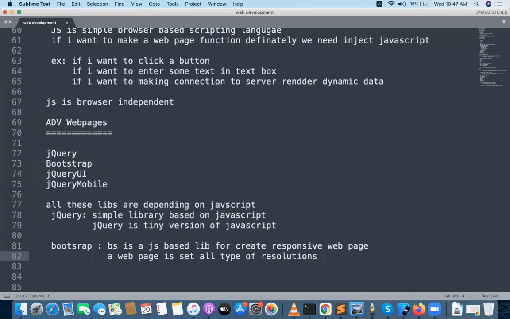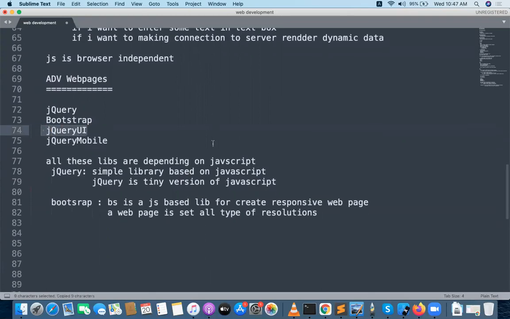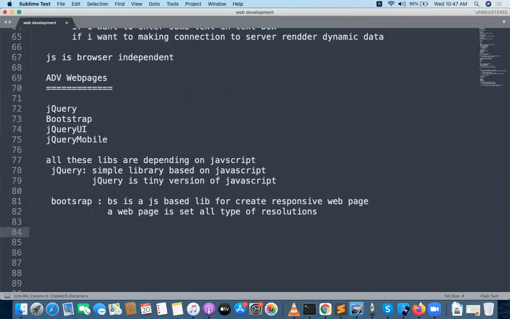And Bootstrap is also a nice one. This is like advanced web page creation. And jQuery UI also has some set of user interfaces. Those user interfaces we can also use in this part of web page creation. Got my point? Coming to jQuery UI and jQuery Mobile, I will let you know what jQuery UI is and what jQuery Mobile is.